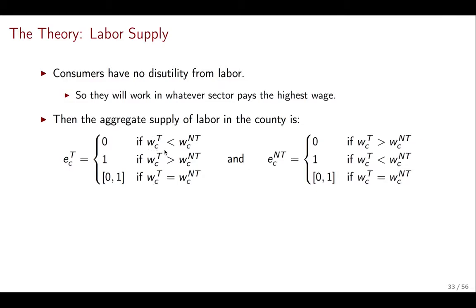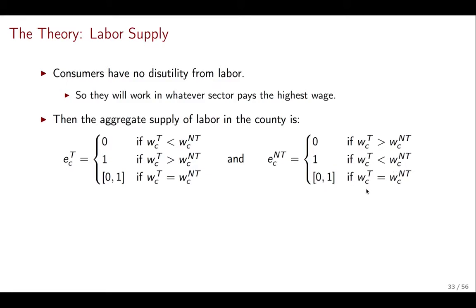If the wage for tradables is lower than the wage for non-tradables, then the supply for tradable employment is going to be zero. Nobody wants to work in the tradable sector if it pays less than the non-tradable. If it pays more than the non-tradable, everybody wants to work in the tradable. But if they pay the same, then people are indifferent between working in the tradable or in the non-tradable sector. The same thing happens in the other sector. This is the other equation here. The supply for non-tradable is going to be zero if the wage is low. It's going to be everybody if the wage is high relative to the tradable sector,